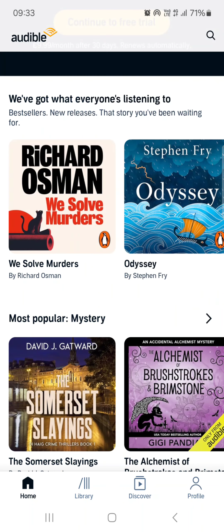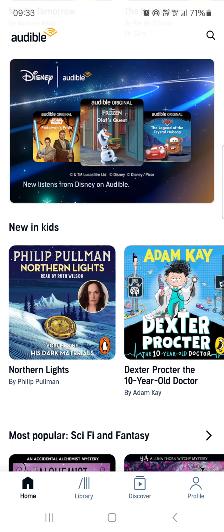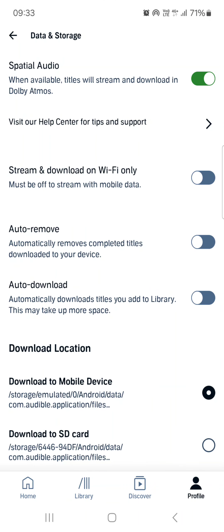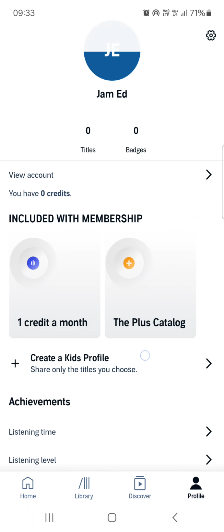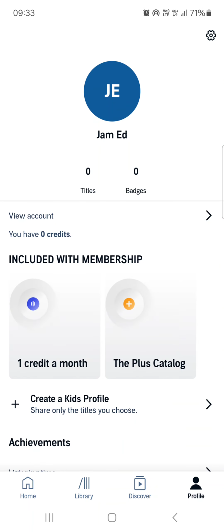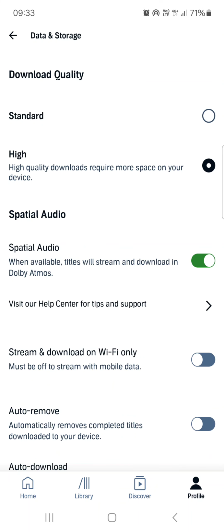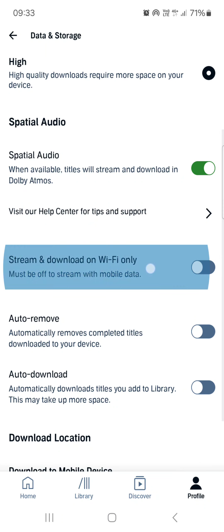Here it opens up in the home menu, where we have a little bit of overview of the app and some suggestions. From here, we're just going to the profile menu, and the profile menu actually opens up like this. So this is your profile. From here, we just go into the top right corner, tap on the clock icon, then tap on data and storage at the top, and then we scroll down and we tap on stream and